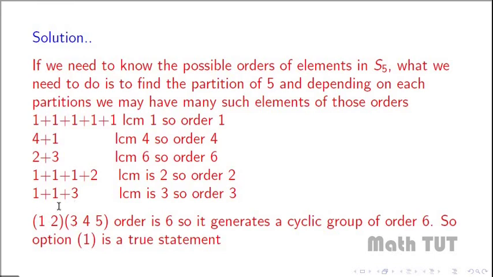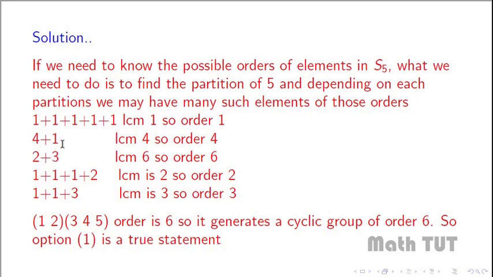So we are trying to find all such possibilities, how we can split and write, and that will help us find the possible orders. So this is the only possible way in which we can split and write the cycles. This 2 3 type element will contain all elements which can be written in this form.